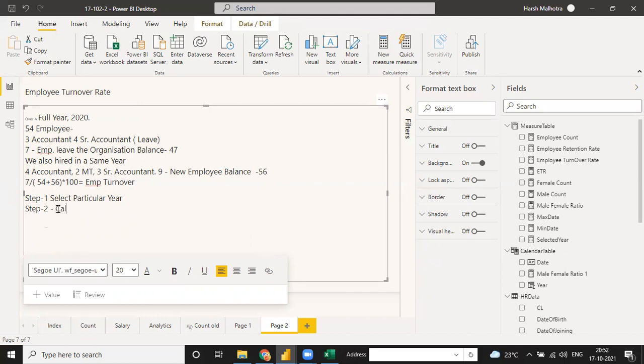Step 2: calculate employees at the beginning, employees at the beginning of the year.